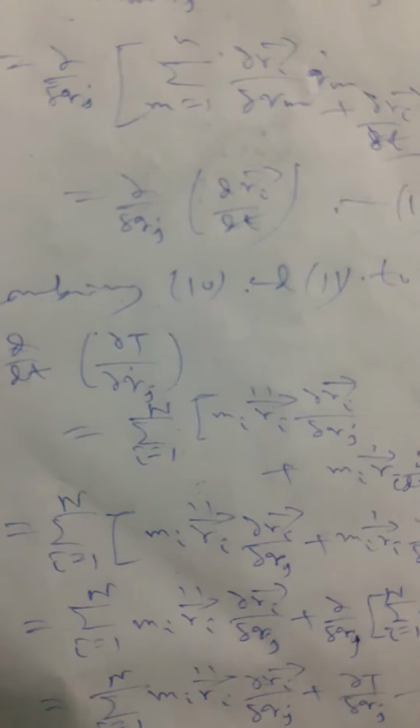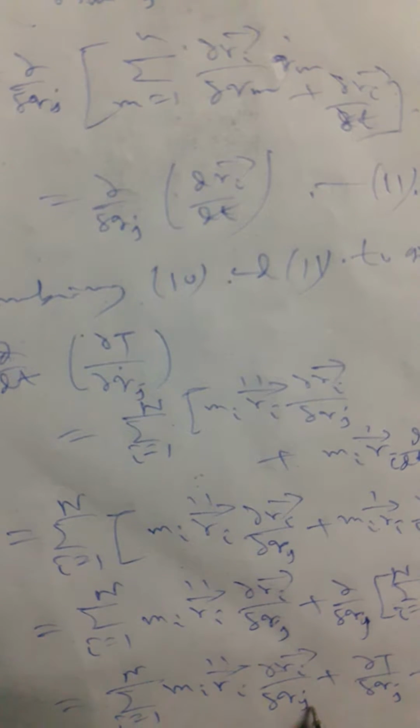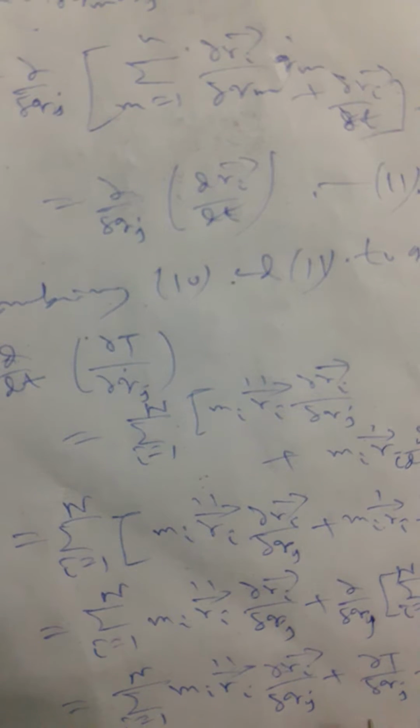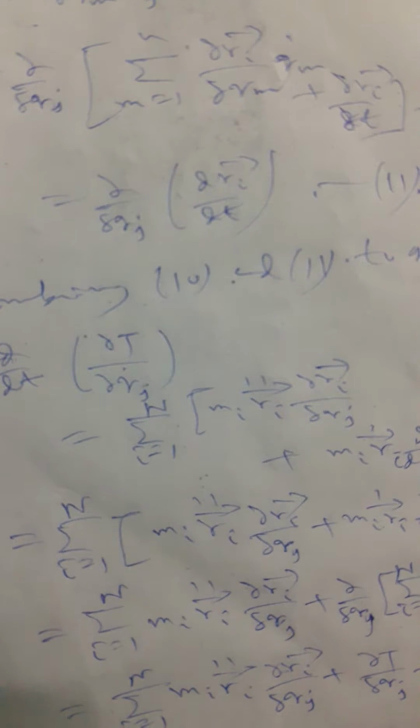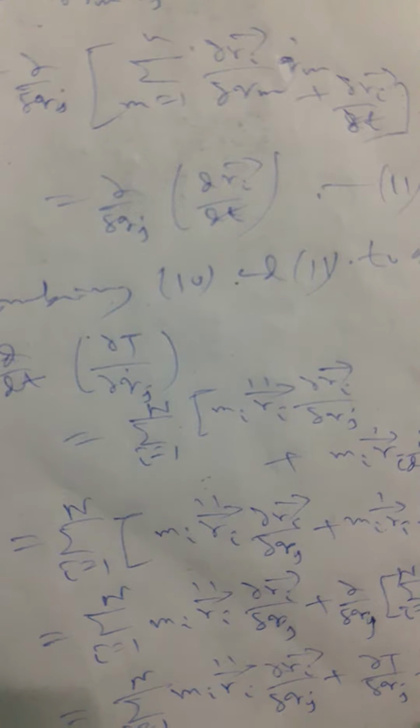Now it is clear from these equations. We are recalling delta inertia, that means substituting 12 in the equation number 9, we obtained